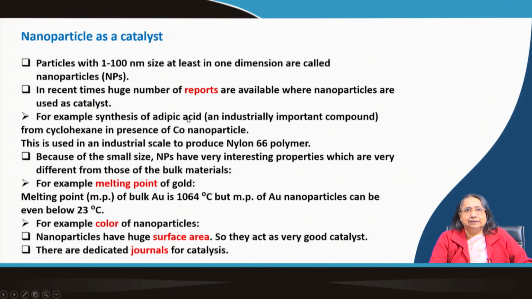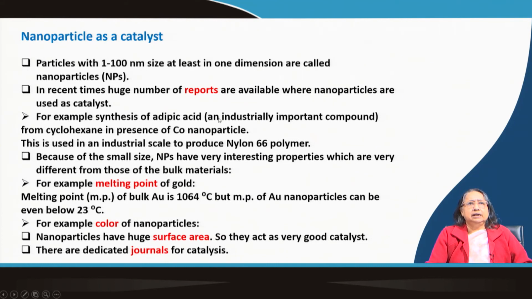in this reaction. Cyclohexane, if you know benzene, and you remove the double bonds, it will be cyclohexane. It is a cyclic compound, but a saturated compound. So, this can be converted to adipic acid, which is very important for preparing